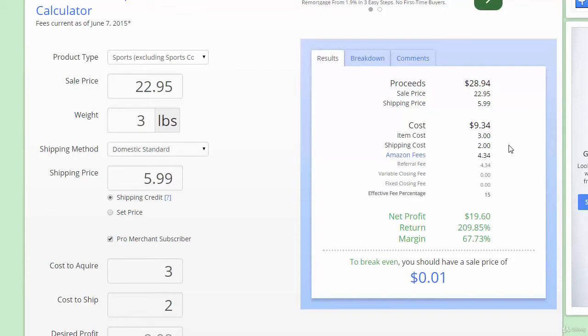Now, once we've entered all of that information in, we can see what we're actually going to be making. So the proceeds, which are the sale price plus the shipping, will be $28.94. So that's what the customer will be paying. The cost for the actual item, shipping, Amazon fees, and the Amazon fees is a percentage, 15% of the total proceeds will be $4.34. Basically, our net profit in this instance is going to be $19.60, which is a margin